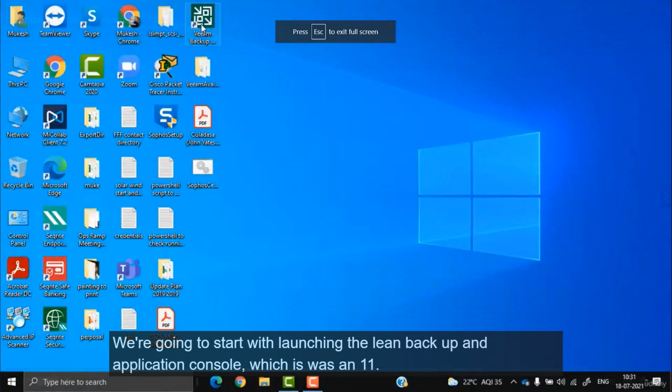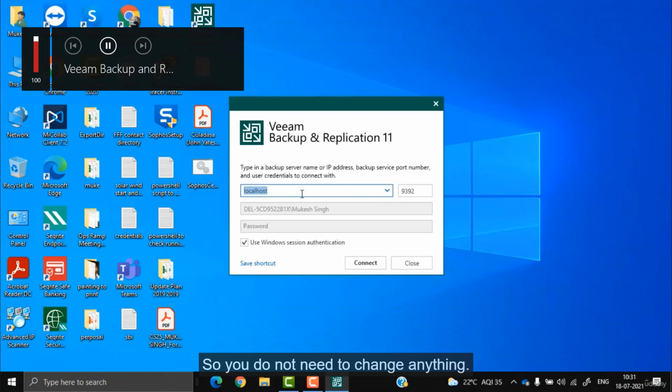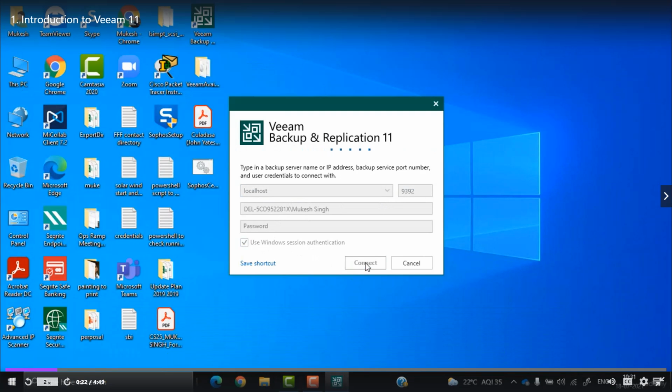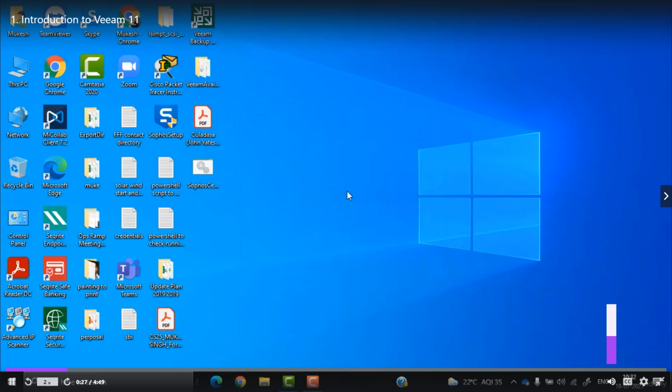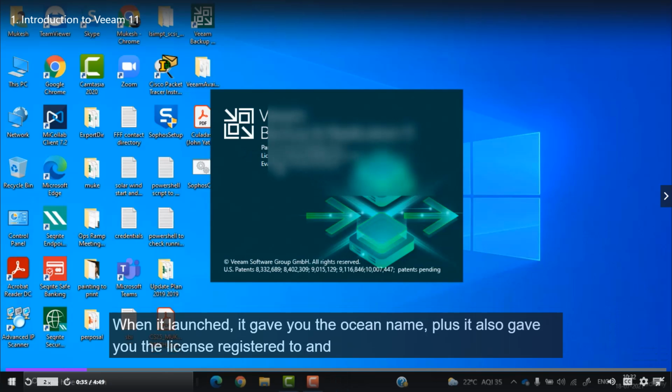We're going to start with launching the Veeam Backup and Replication console, which is version 11. Here you do not need to change anything. The default port number is 9392, and we are using Windows session authentication. When it launches, it gives you the version name, plus the license registered to and evaluation